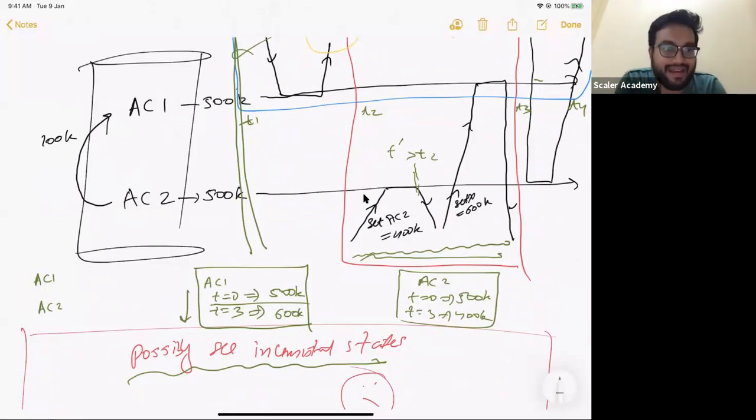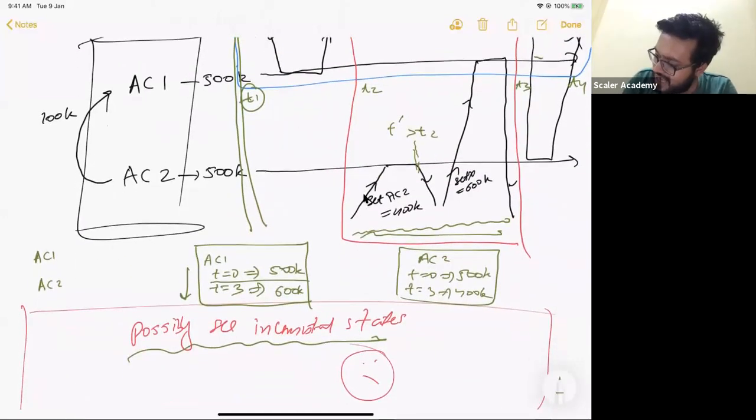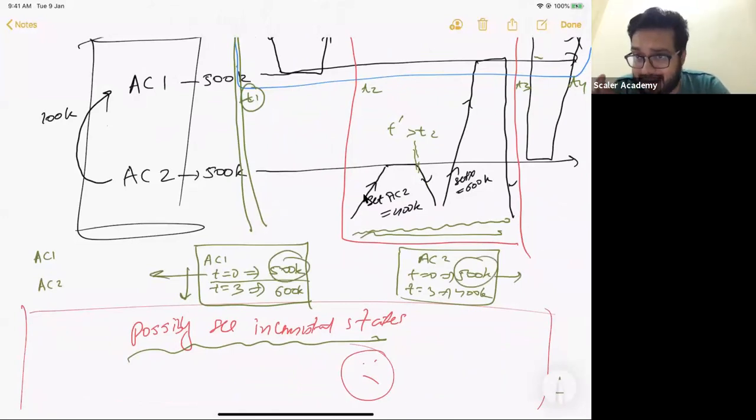Now, if I do a binary search and figure out the last value where the time was just less than or equal to the time that I'm talking about, the time I'm talking about is T1 because the transaction started at T1. You would realize that the last time would be T0. And similarly here also the last time would be T0. That's why you will get 500,000 here, 500,000 here. So it's not as if you are taking a snapshot every clock cycle. You are taking a data specific snapshot after every transaction ends, and you are taking snapshots of the data points which that transaction changed. Does that make sense to everybody?